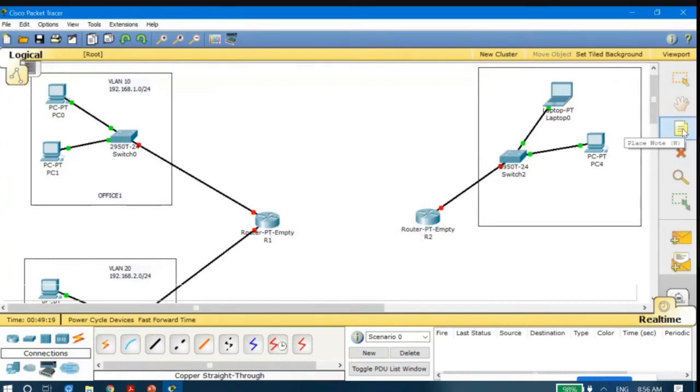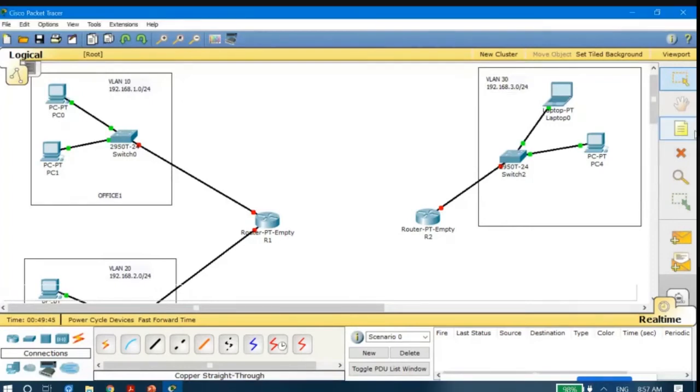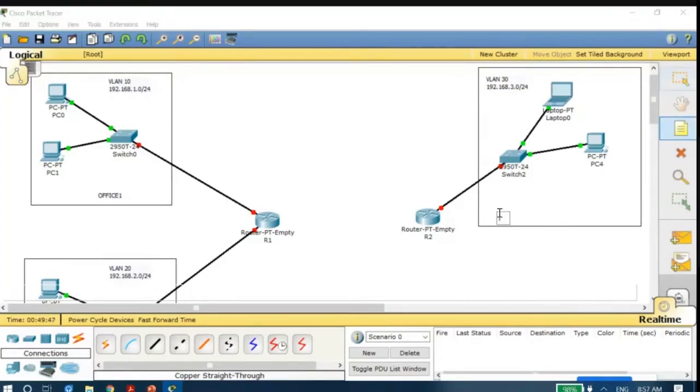I will choose the place node icon on the right side and bring it here. Here I will type VLAN 30, and the IP address assigned is 192.168.3.0/24. Let me type here that it is Office 3.